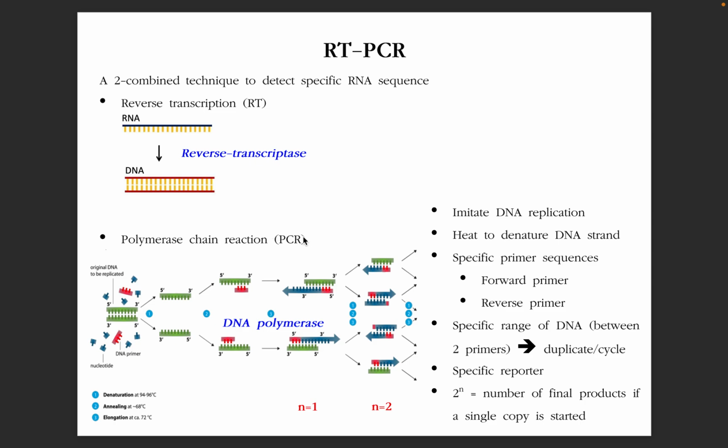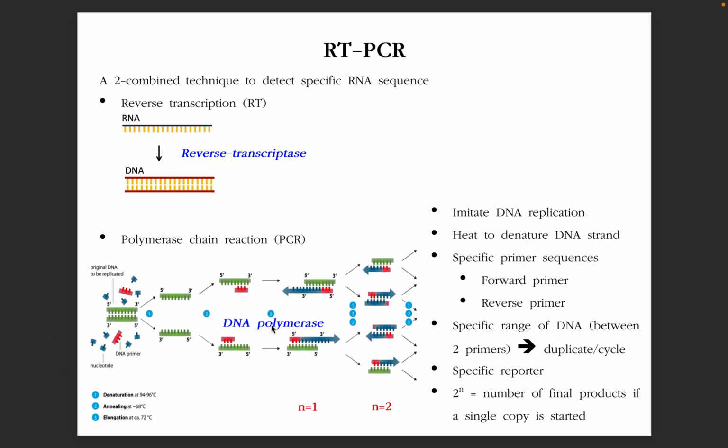The RT is to convert the RNA of the virus to DNA by using reverse transcriptase enzymes. Once the DNA is made, it is then used as a template for the PCR, as it requires DNA, not RNA, as the template. The PCR is the technique to increase the number of the DNA fragments from the sample by